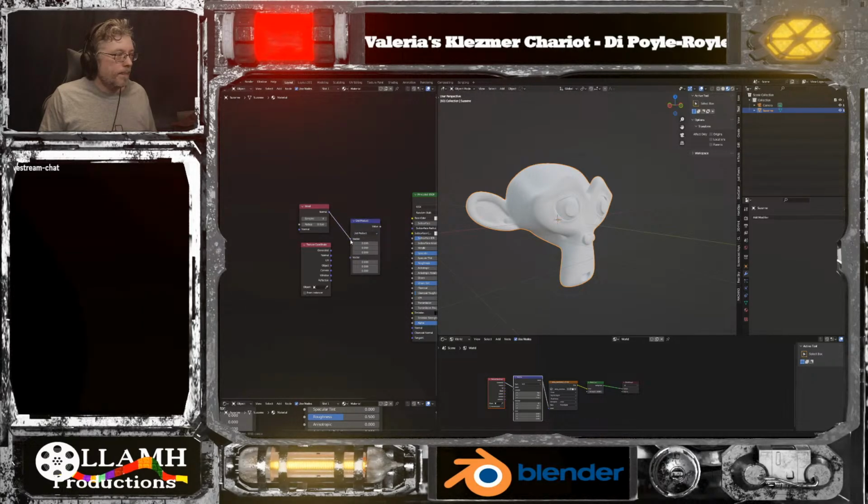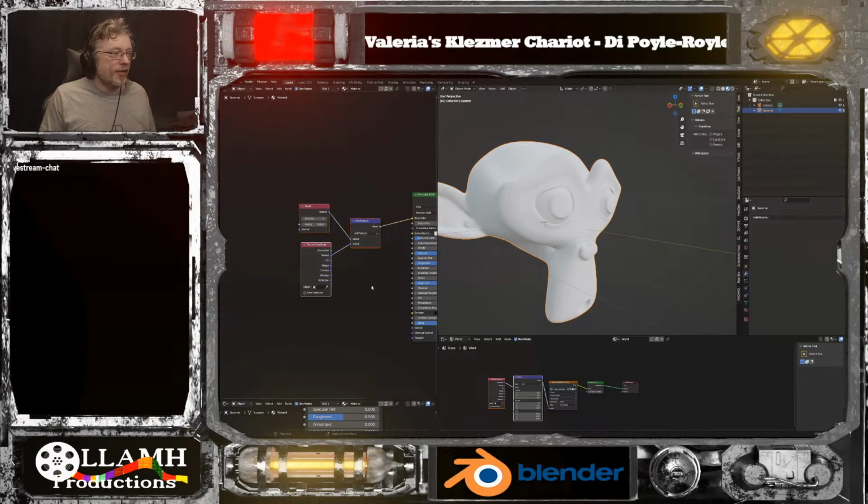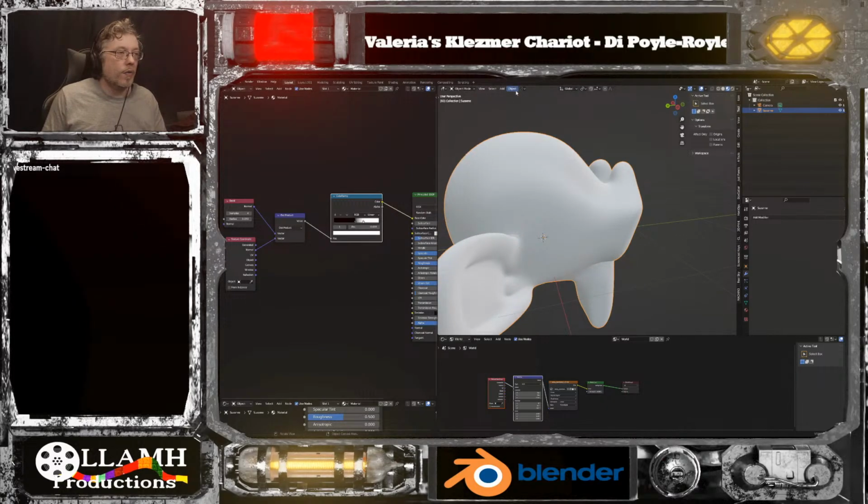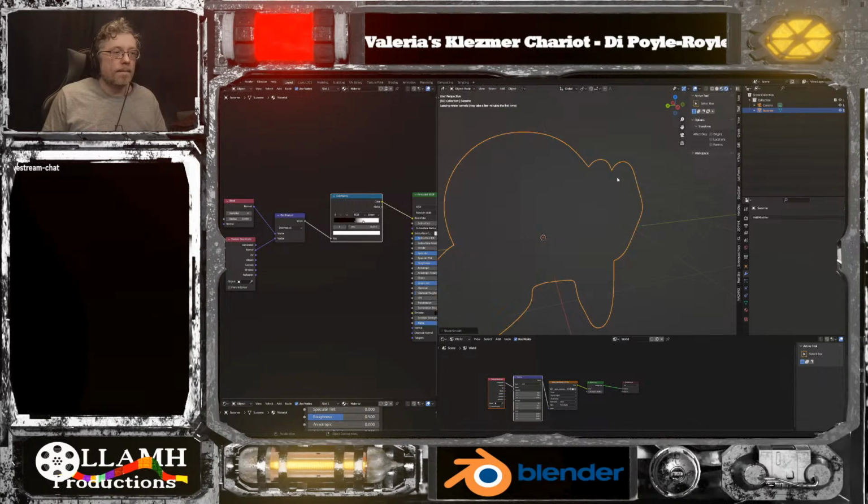So the dot product is going to net us a very specific thing. Bring these close together. It doesn't show anything right now. But if we go into rendered view,